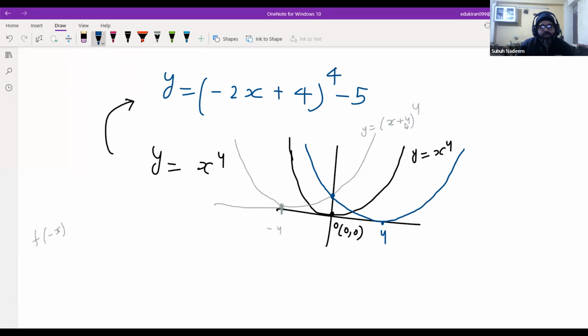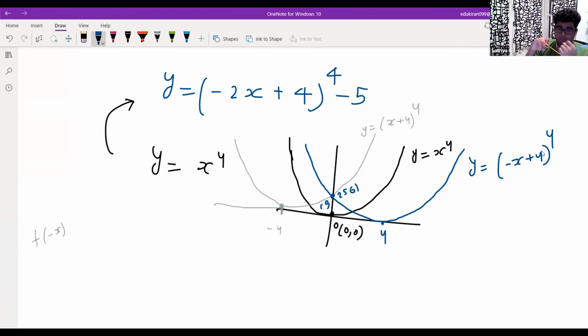At 0 this will be 4 to the power 4, 4, 4, 16, 4, 64, 4, 256. So this will be far above the y-axis, but still we are just showing it for the sake of the point 0, 256. So this graph is y is equal to minus x plus 4 to the power 4. Next,